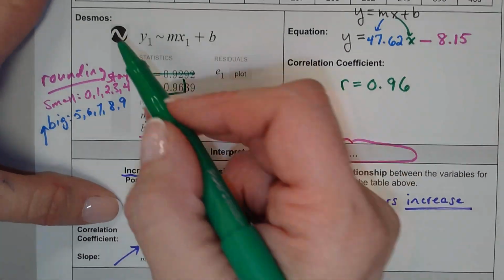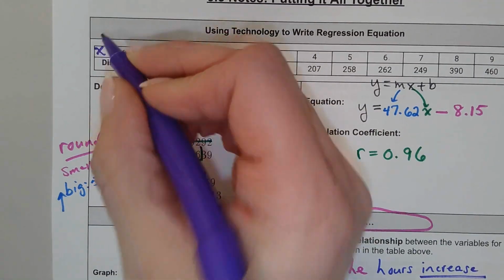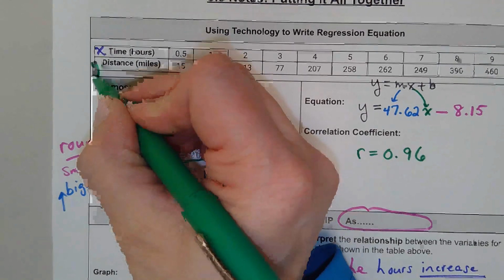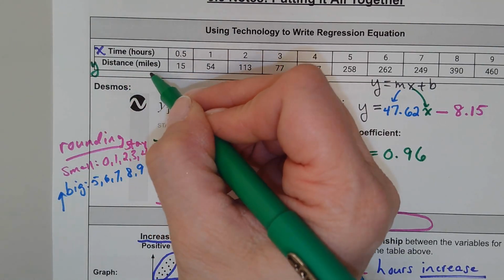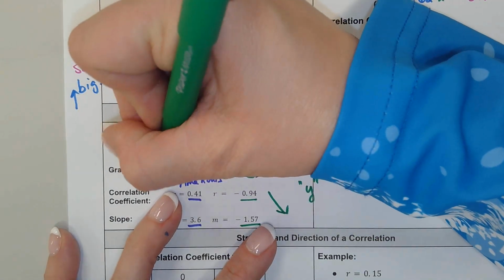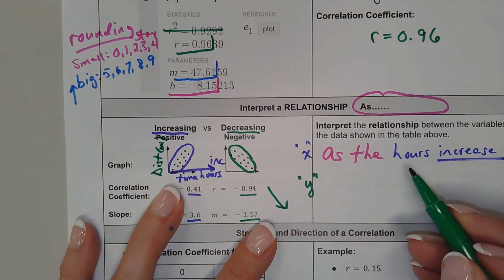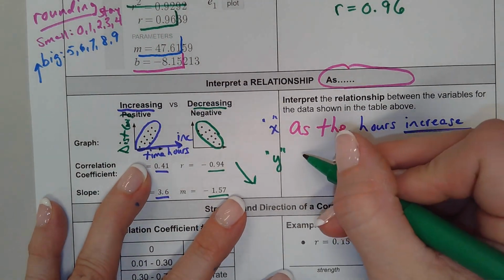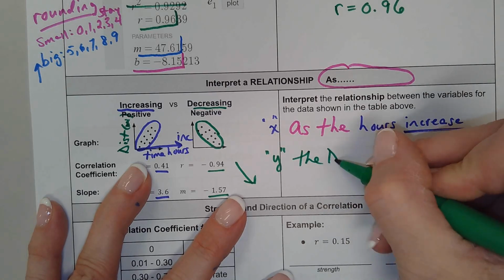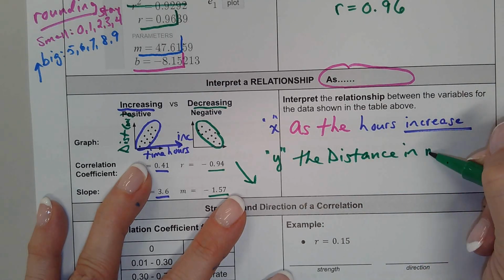And now we're going to go look at the Y. What's the Y words? So on a table, we have X and then Y. So the Y is the distance in miles. If you want to draw a little picture here, we would put distance with miles. So, as the hours increase, the distance in miles